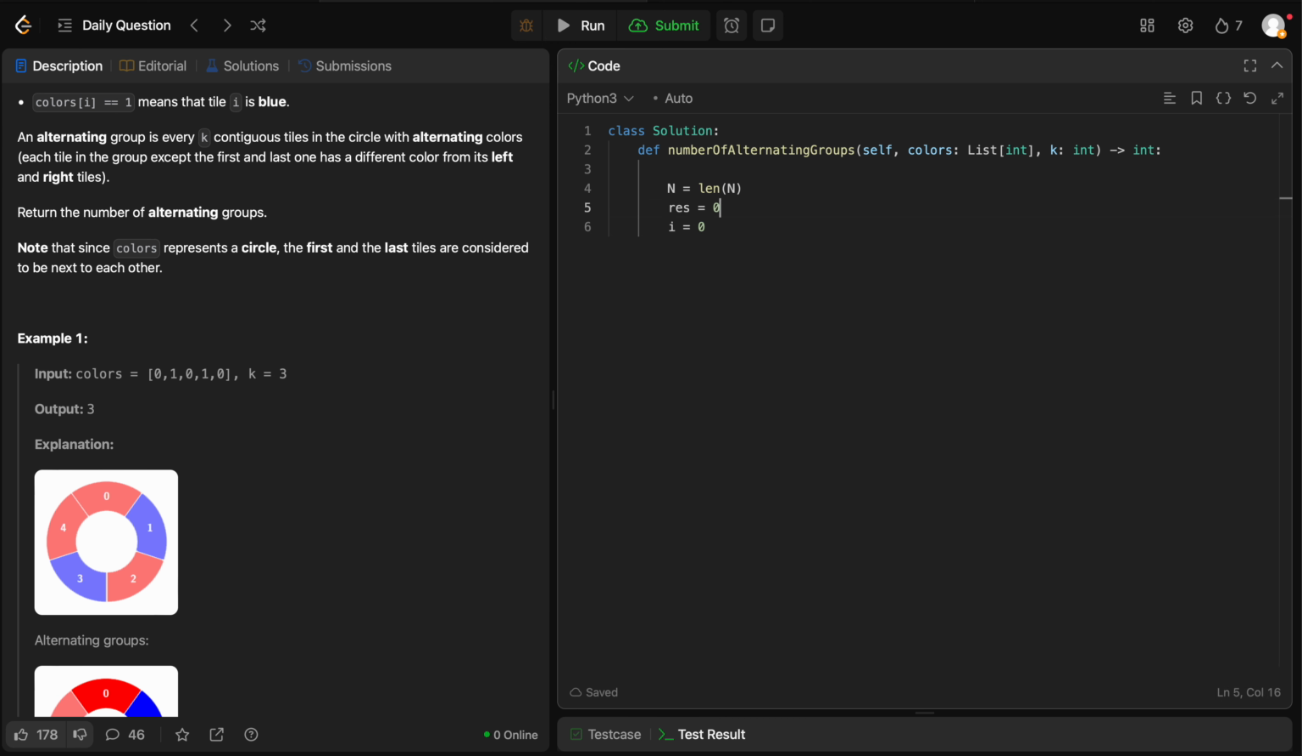Also need res equal to 0. So while i is less than n, i is essentially all the possible starting points, so it has to be less than n. And now I have pattern equal to colors of i, and this is crazy that I wrote it like this. So pattern is colors of i, j is equal to 0,